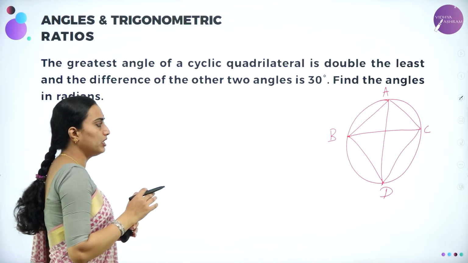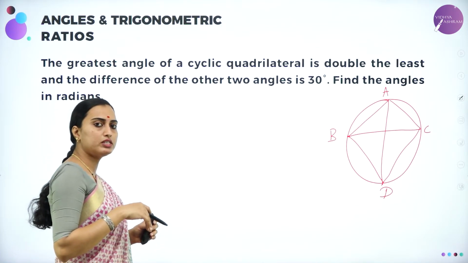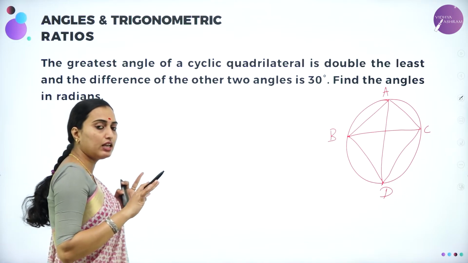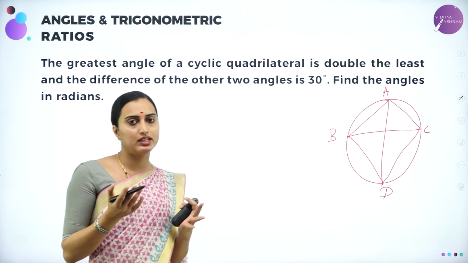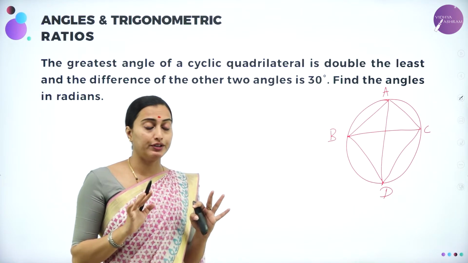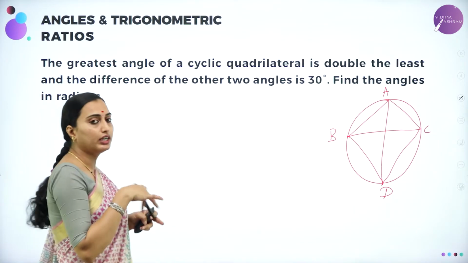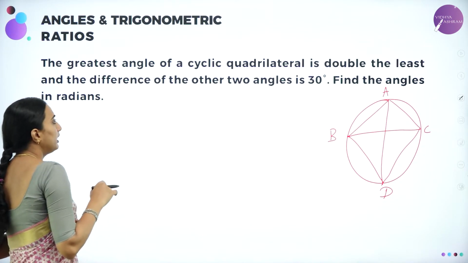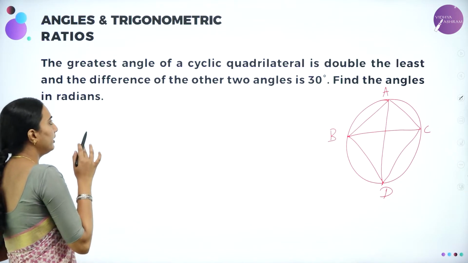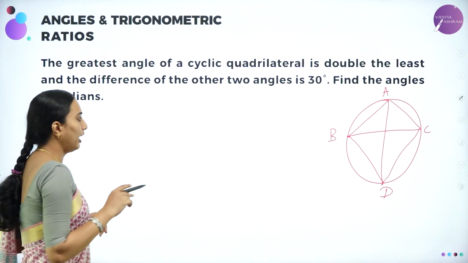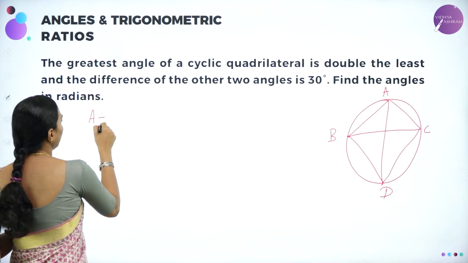B plus C will be equal to 180 degree, A plus D also will be equal to 180 degree, because in the earlier problem A plus D, A minus D, A minus 3D, A plus 3D were in AP, you know already. Here they have not said they are in AP, but you have the conditions of the cyclic quadrilateral. They have given double the least, and the difference of the other two angles is 30 degree. So according to the diagram you can have A plus D